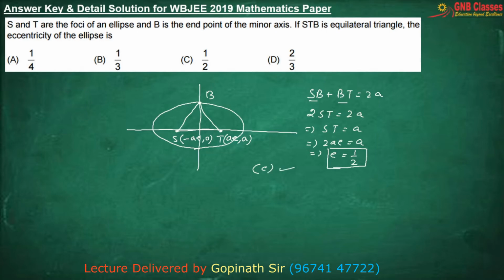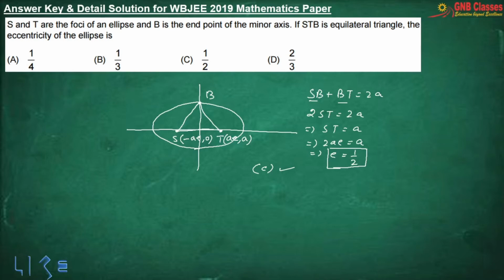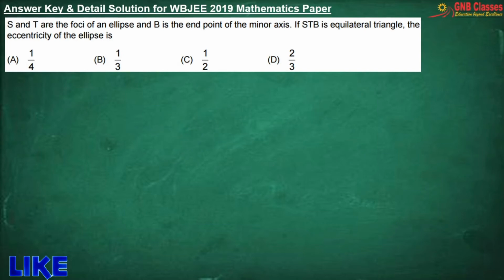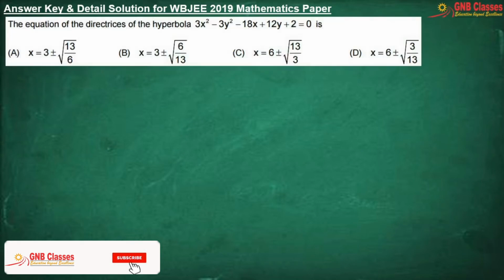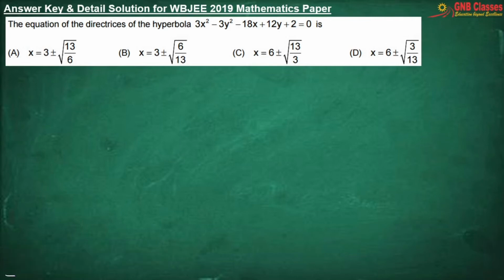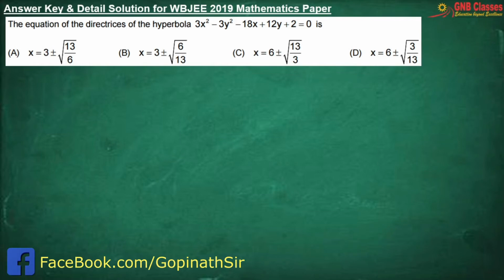Is it clear? It is again from the easier side. If you know the alternative definition of an ellipse, you can easily solve this problem. Is it clear? Now let us move for the next problem. Here we have to find out the directrix of the hyperbola given. Let me just convert this equation in the standard form of hyperbola. We get